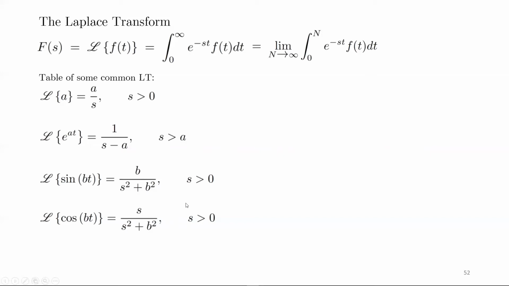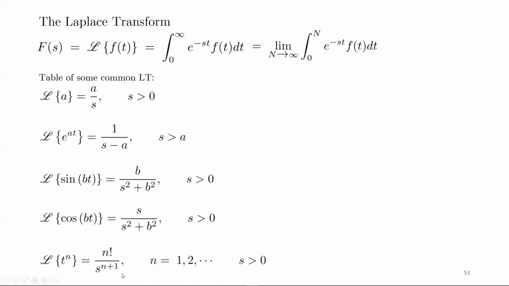And again, I'm not going to prove this one either, but you can try if you like. If you take the Laplace transform of the variable t to some power n, where n is an integer greater than 0, so 1, 2, 3, 4, and so on up to infinity, the Laplace transform of t to the power of n is equal to n factorial over s to the power